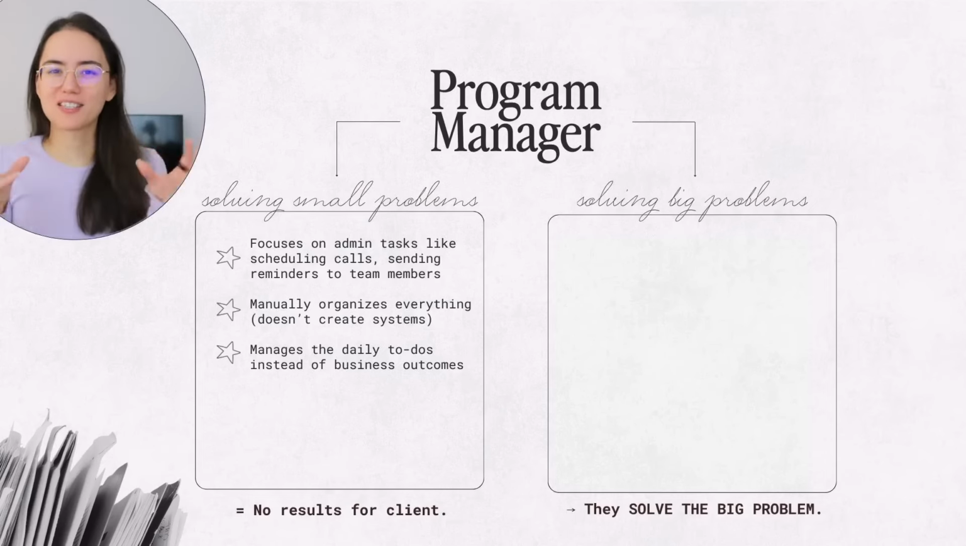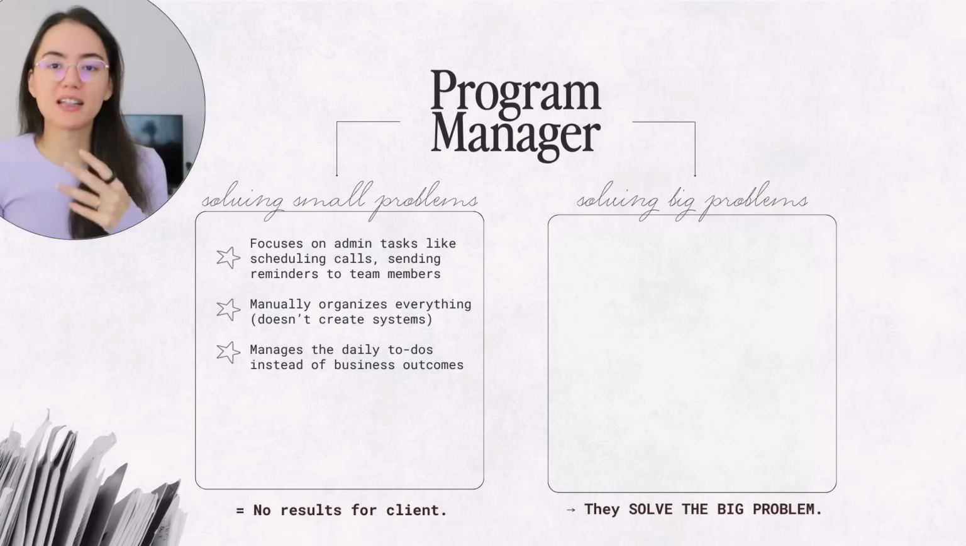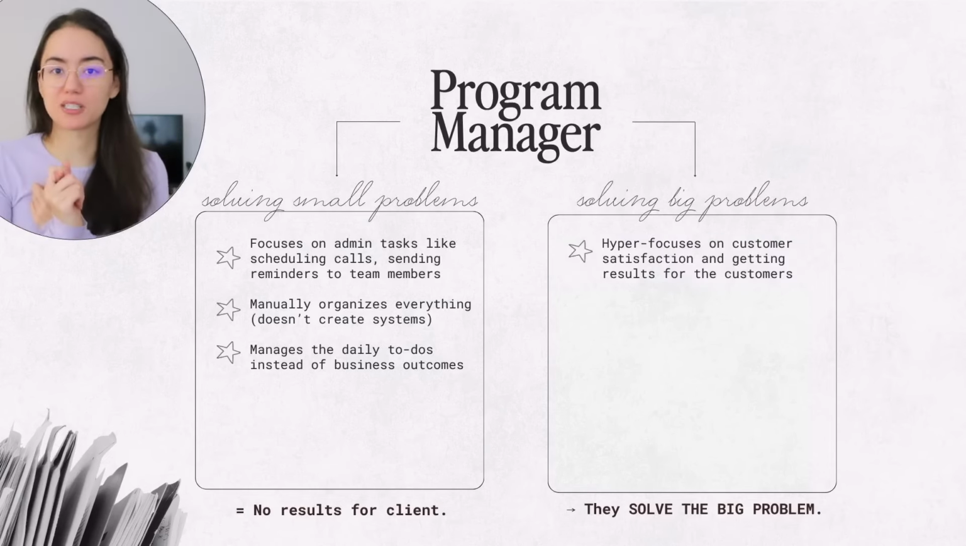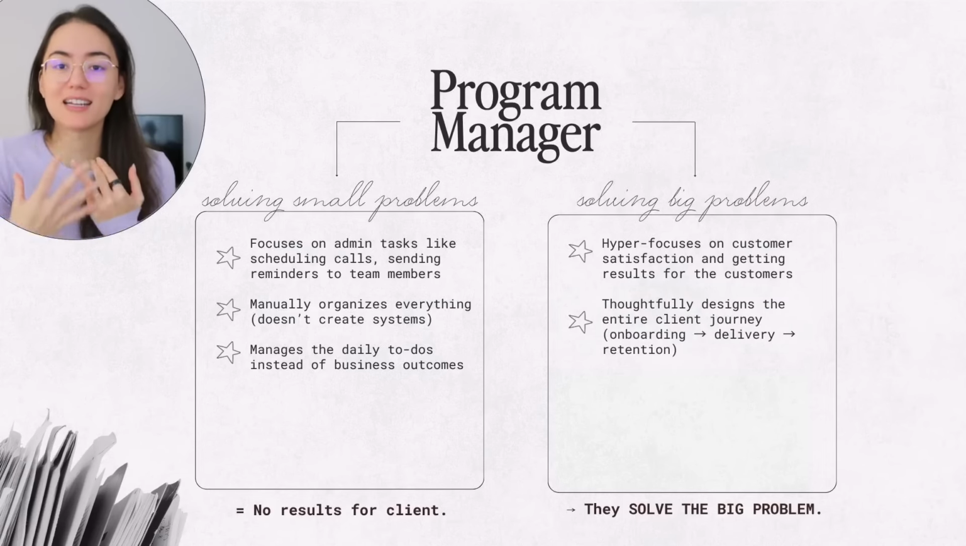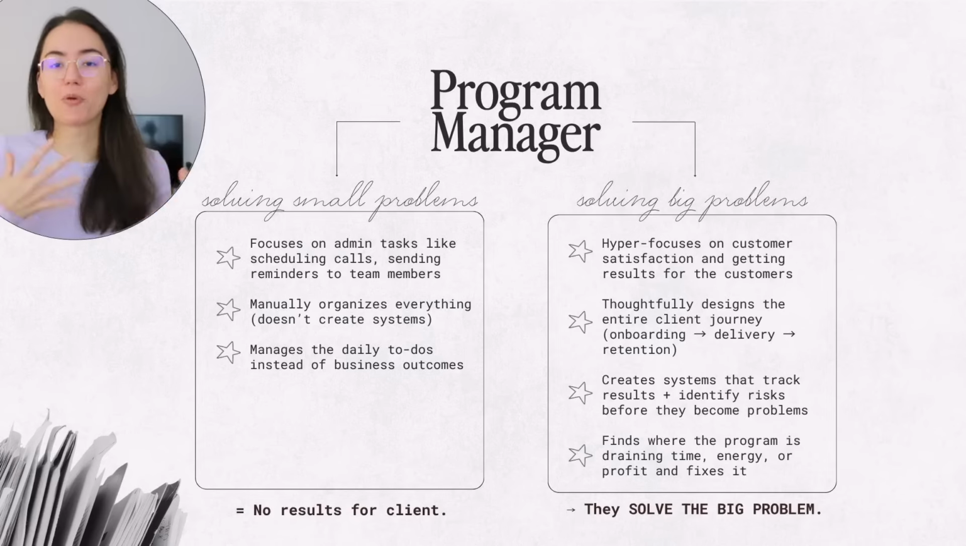Again, I think all of this comes down to the soft skill of being able to think contextually. It's almost like you have to take their big problem and make it your big problem. So solving big problems could look like hyper-focusing on customer satisfaction and getting results for the customers, thoughtfully designing the proper client journey so people are truly delighted and satisfied every step of the way, creating systems that highlight results and help them identify problems before they become problems, finding out where the program is draining time, energy, or profit